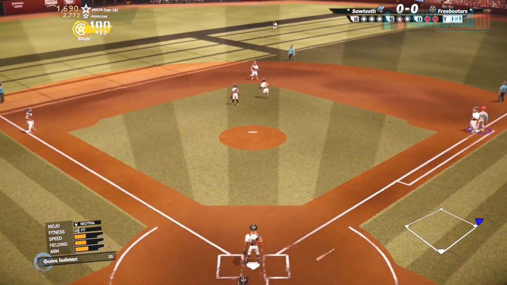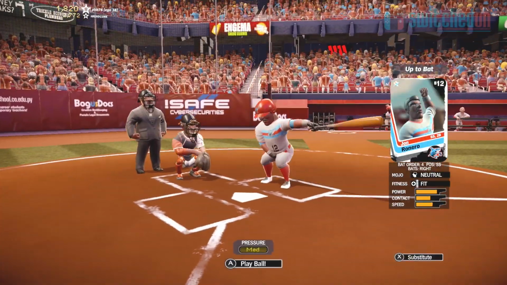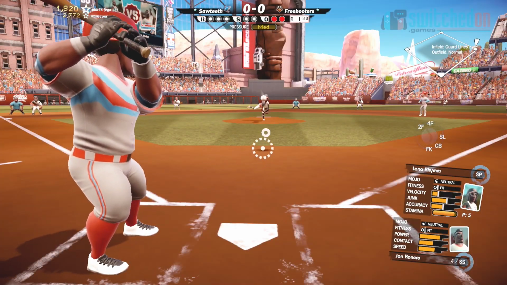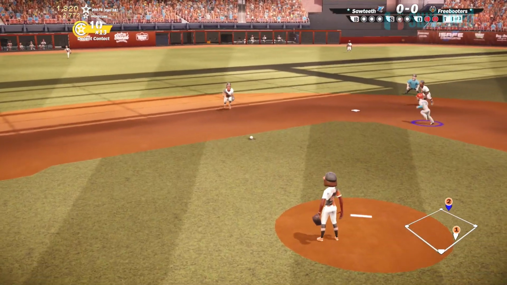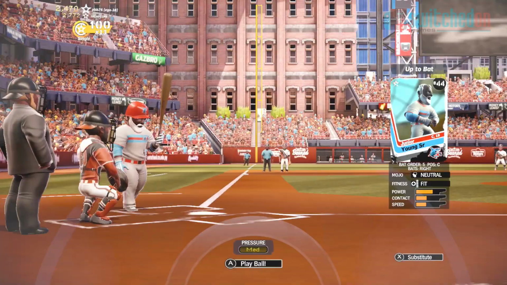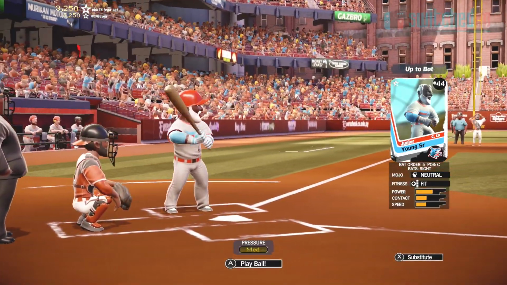Mechanics are really nice, controls are really nice as well. Just have a little talk about those while we're at the plate. I'm moving this icon, and it's basically A to hit the ball. All timing based, and you also can press B for a bunt,